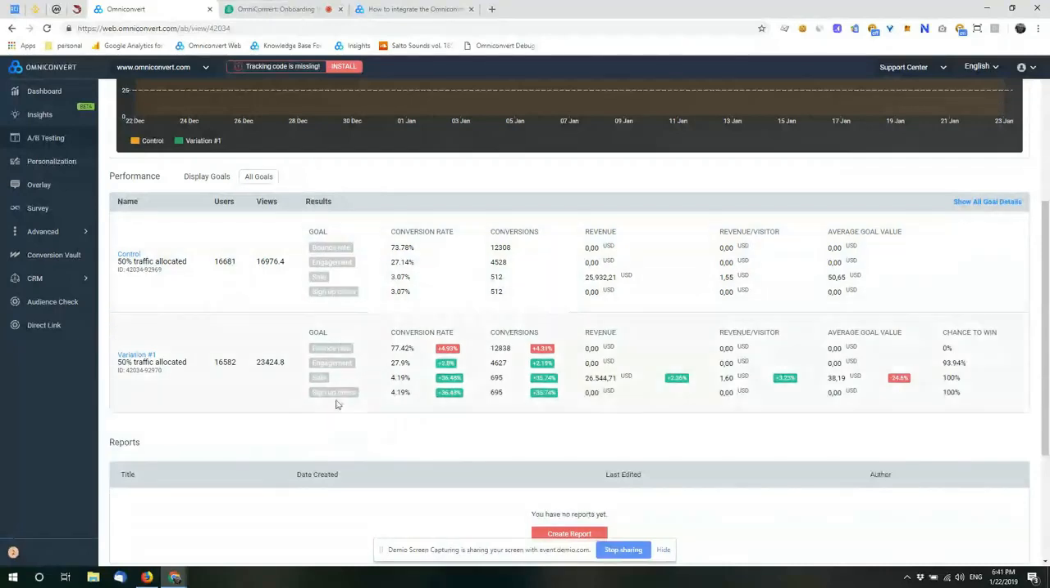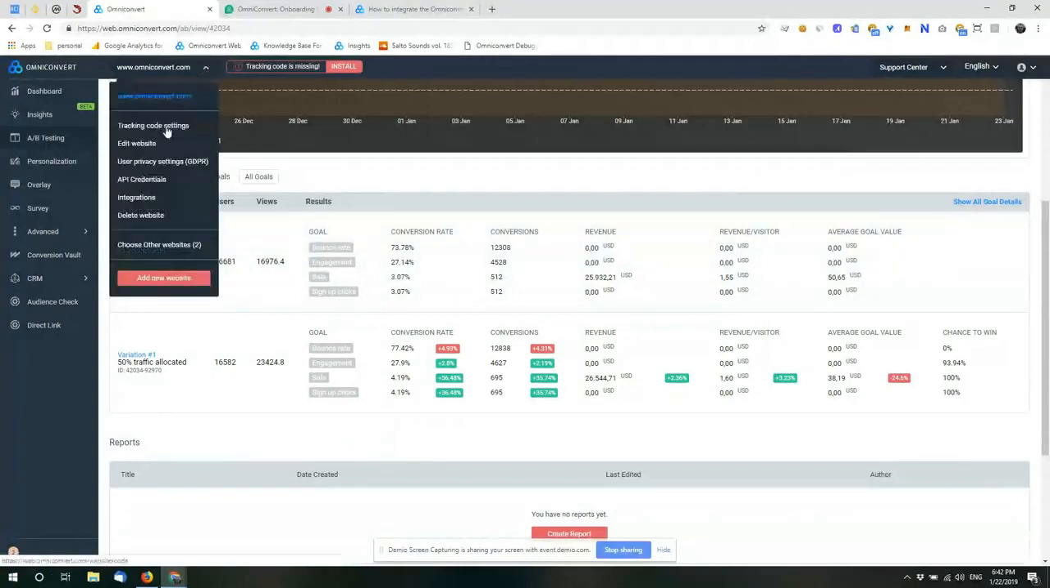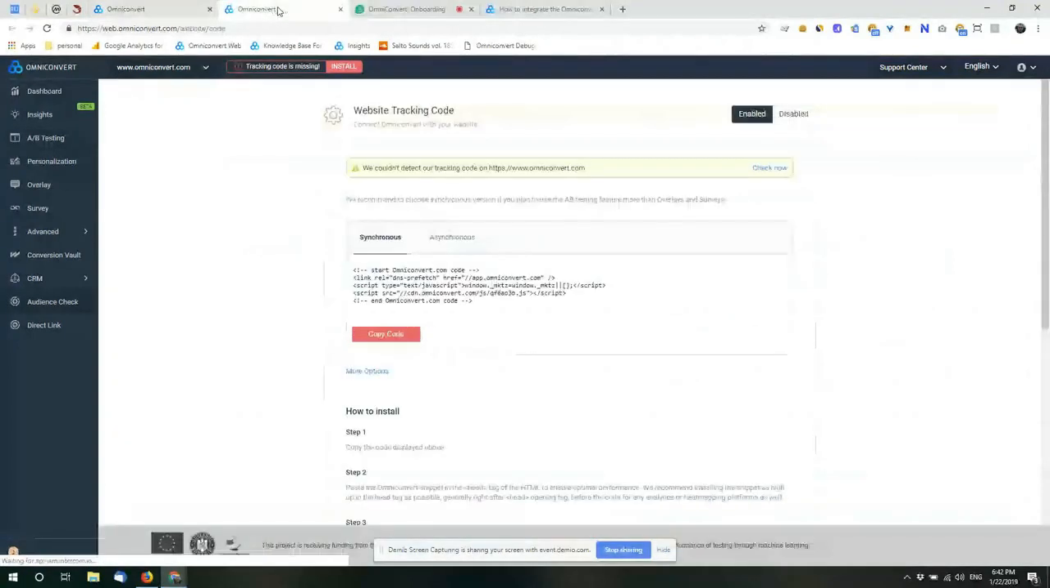Next, we have the goal names. The three main goals that are added by default onto an experiment are bounce rate, engagement, and sale. The sale goal is the one that I've told you about. It's a small script that you need to install onto your thank you page. The script resides here under tracking code settings, and I'm going into this page to show you exactly what I'm talking about. So this is the tracking code, the main tracking code that you need to install in the header